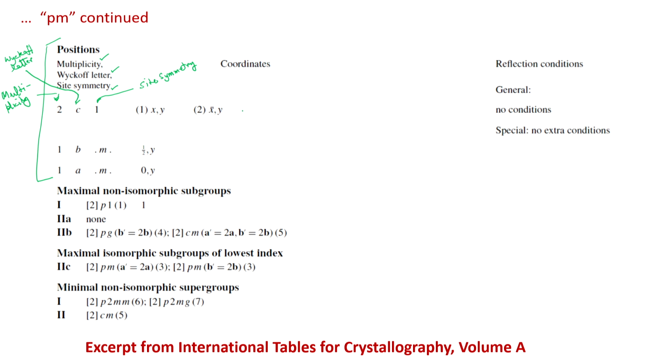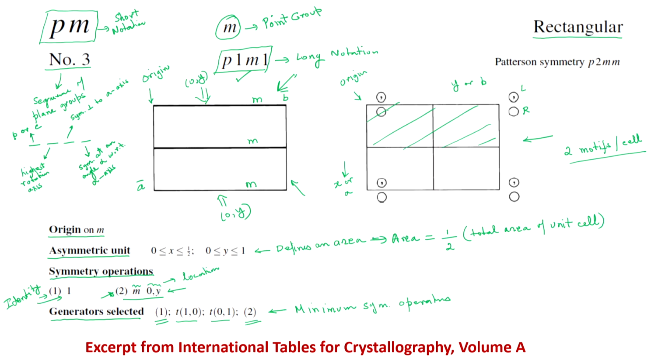And out here, the other columns have some coordinates. Now, what is this? Let us first go back to this. Let us say the motif I put here, which is not lying on any symmetry element, is called a general position, and it will have coordinates x comma y. Here the only symmetry present is the mirror. It is not lying on the mirror plane, but in a general position where there is no symmetry element present. That is called a general position.